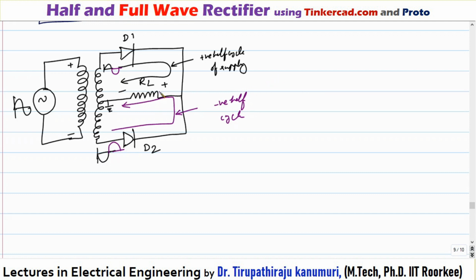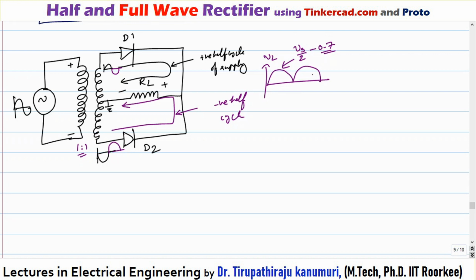Now your load voltage will come like this. This is my load voltage VL. As it is a center tap transformer, half of the voltage will come. That means whatever is your supply voltage, divided by 2, minus 0.7. This much will come. Accordingly, you have to design the transformation ratio, or the number of turns should be adjusted. This is the case when your turns ratio is 1:1. If you increase the turns ratio accordingly, then this can become equal to Vs. This way it will convert.